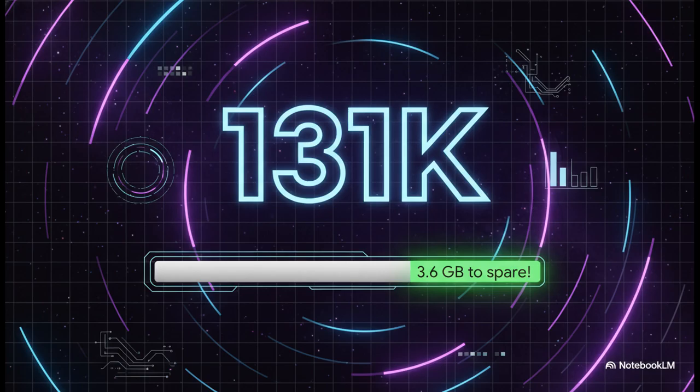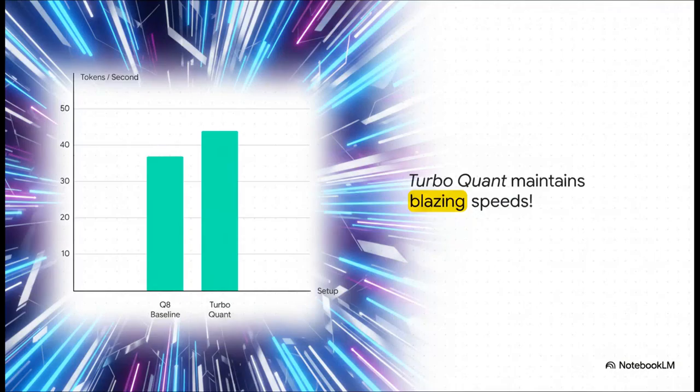but with Turbo Quant, the Mac Mini didn't just barely survive the payload. It comfortably ran a 131K context window with 3.6 gigabytes of RAM to spare, literally glowing in green. We actually have room left over on a machine that was supposed to be completely obsolete for this task. No way, right? Let's move on and see how this builds, because fitting it into memory is only half the